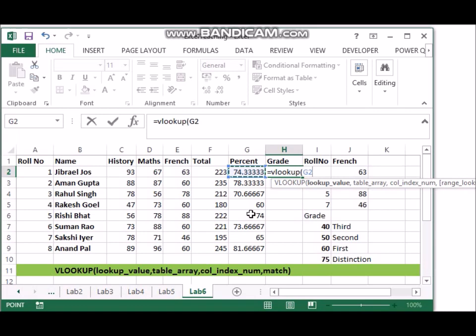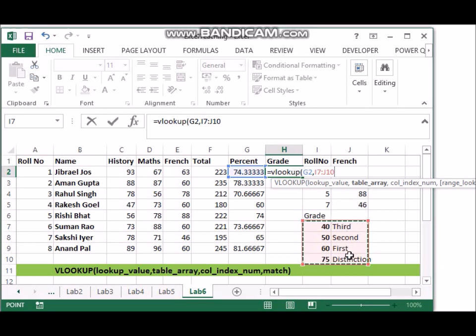Where do I look up? In this box. Please note, whatever you look up, suppose I'm looking up the percentage, it should be the first column in the red box. In the case of roll number and French, the roll number was the first column. In the case of grade, these numbers are the first column, the English words are the second column.